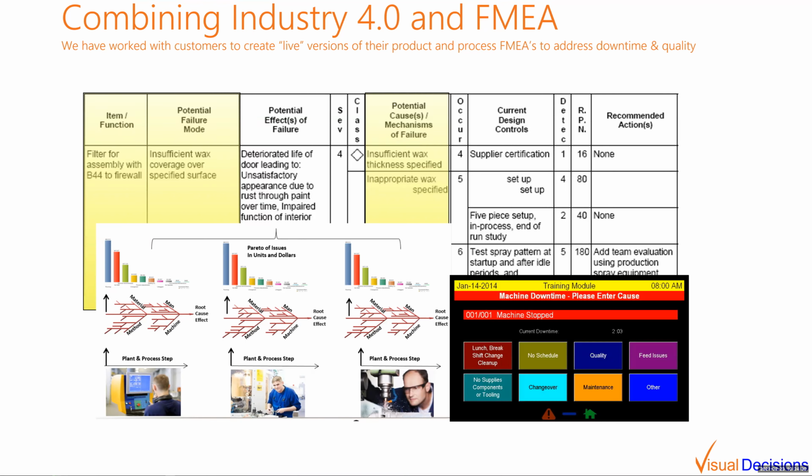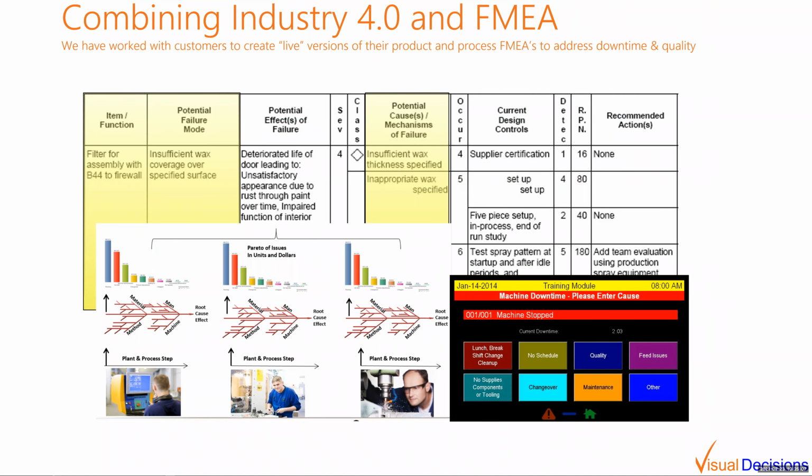And when you start to look at all of these different portions of an FMEA, what they really help you do is to understand, for your different failures, how frequently they are occurring and why they are occurring, and then what can be done about it, what the recommended actions are. And this obviously ties into your mean time between failure, and your different plans for making that increase over time. And so what we've done with our customers is to actually tie in the shop floor data collection